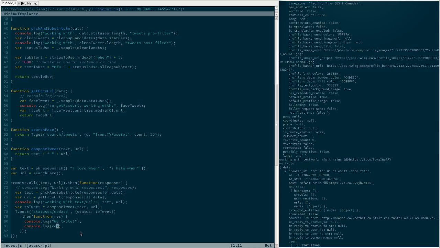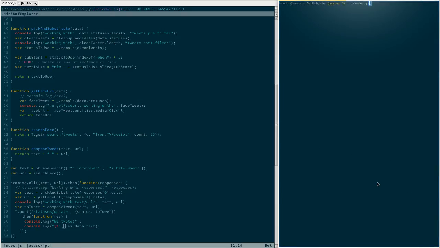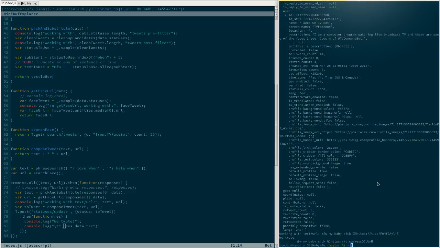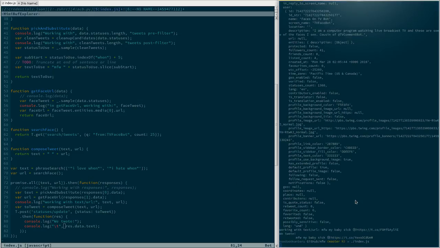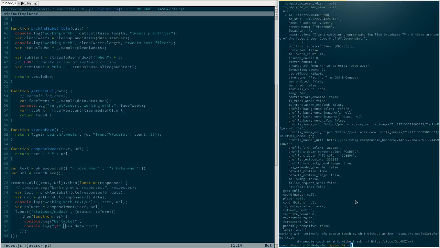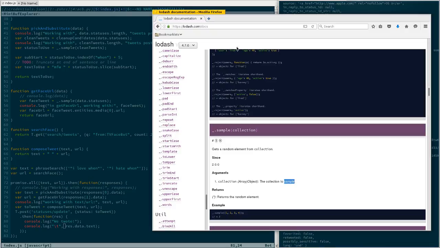Okay, console log res.data.text. Okay. My face when my baby's sick. Frowny face. Face when people touch my shit without asking. My face when my friends are happy. Aw. Okay. And so now, if we go to the test account here,